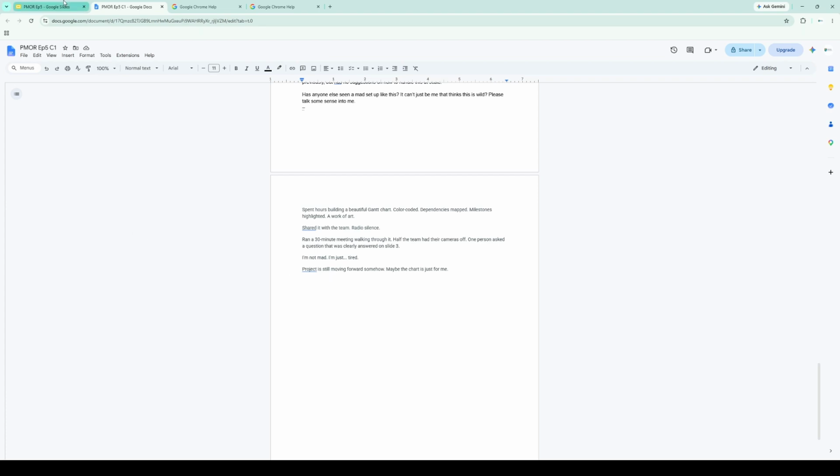So, again, this is another interesting one, albeit not as complex as the other two that we looked at. So let's look at the problem. The first problem is the PM is frustrated because the team was not responsive to the Gantt chart email. And why is this happening? Well, the team doesn't care about a Gantt chart. Most teams don't care. So what is this helping them with? How is this using their time effectively? How is this making their work easier? It's not.